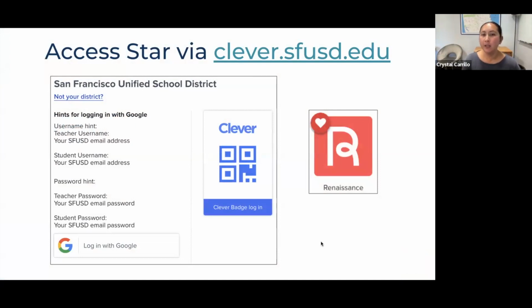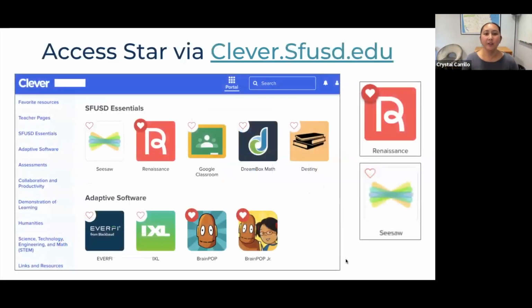If they don't have a Clever badge, they will log in using their district Gmail login credentials through clever.sfusd.edu. Next slide. However, if they do have the Clever badge, which Devlin and Zareen showed us as super nifty, if they just have that QR code, it'll bring them straight to their